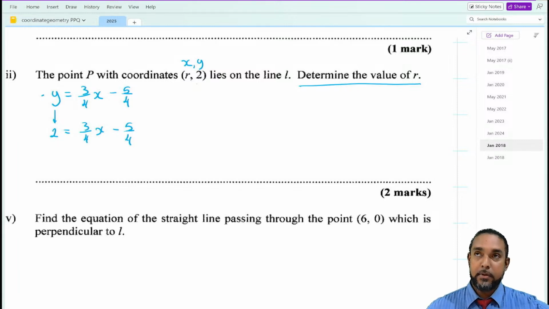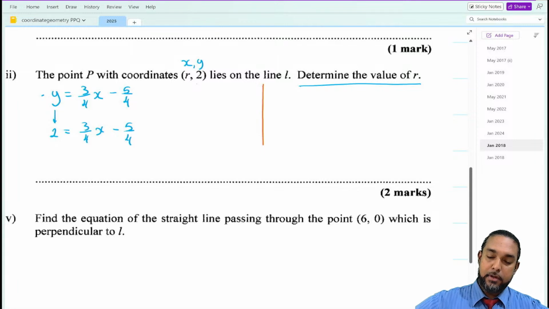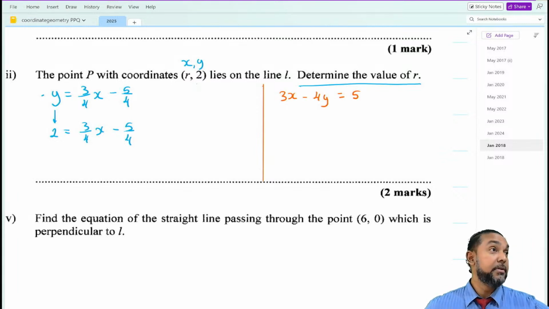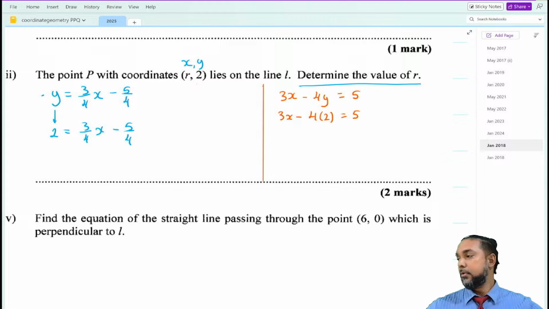All right, cool. Now there is another way to solve for this. What was the original equation they gave us? That's correct. So if you want, you could actually go back to the original equation, 3x minus 4y is equal to 5, and you could sub the value inside of here. And that might be a bit easier, to be honest. All right, cool. Right, so I'll give you a minute again and see what you come up with.